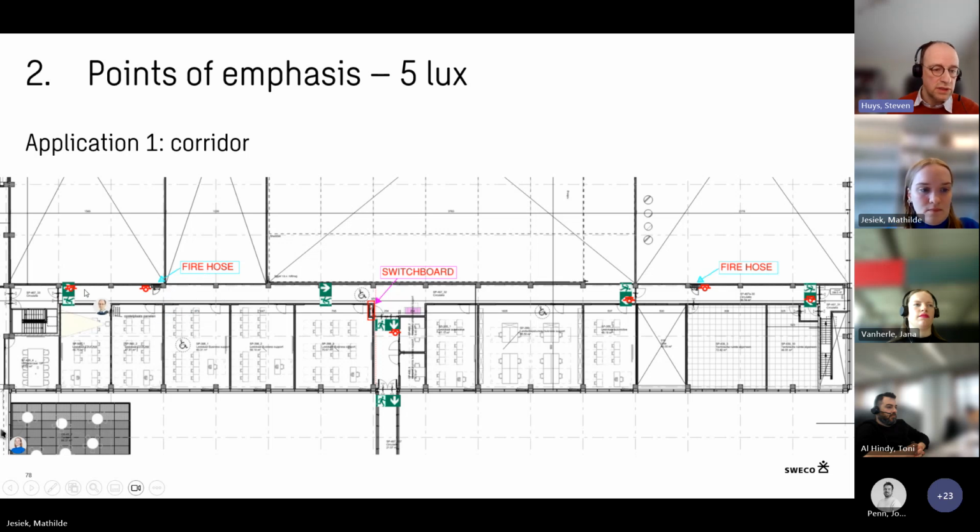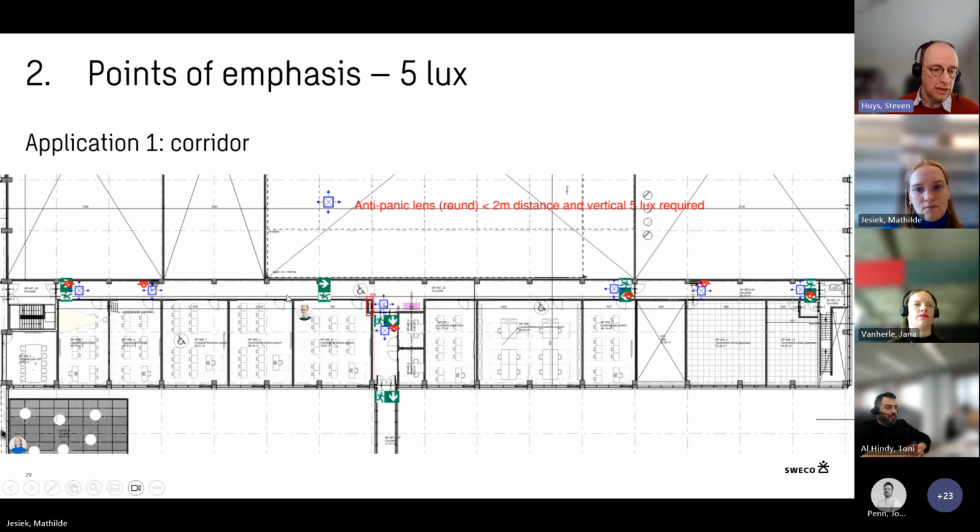Okay, then again to those same applications, you then identify the points of emphasis. So the fire buttons are next to the fire hoses and next to the doors. We have also a switchboard here in the corridor. Then, at those points, we add a luminaire in front of it to have the requirements of the 5